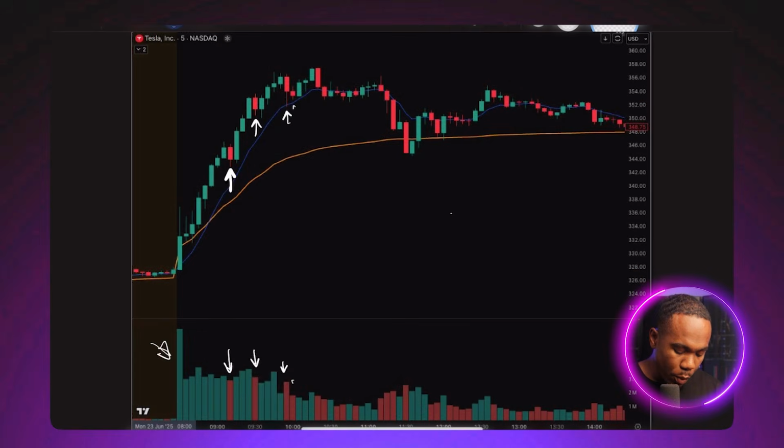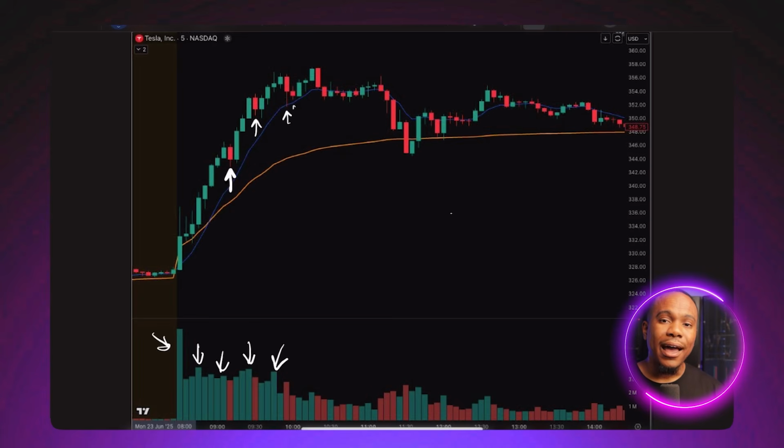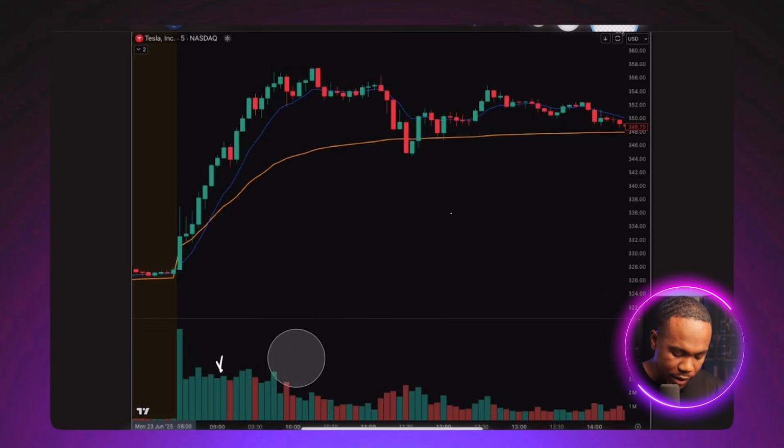The reason why we want to go here is because the normal volume bars can be misleading. These volume bars only show us the total amount of volume traded. It doesn't show us how much sell volume happened versus how much buying volume happened. Okay, and that's important. Let me explain that a little bit more.